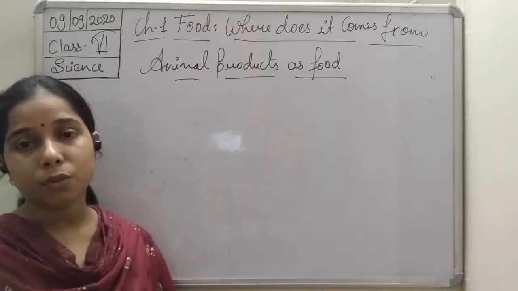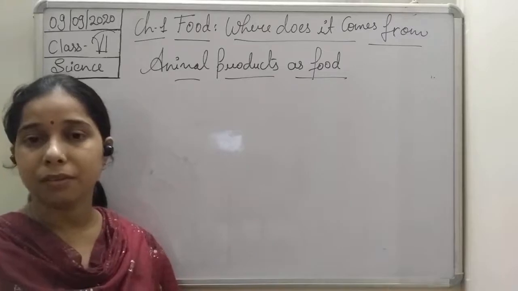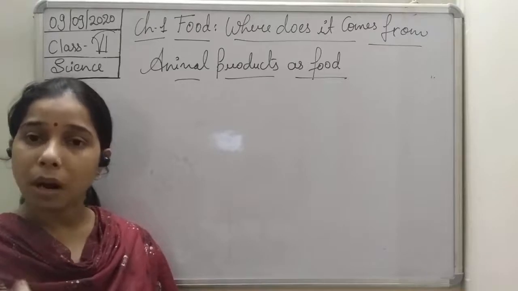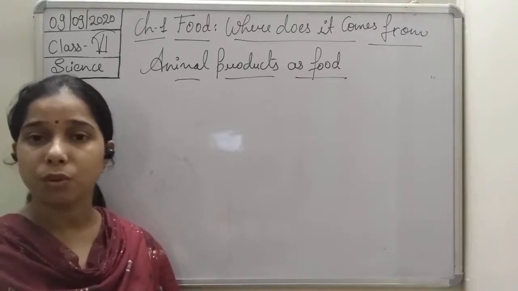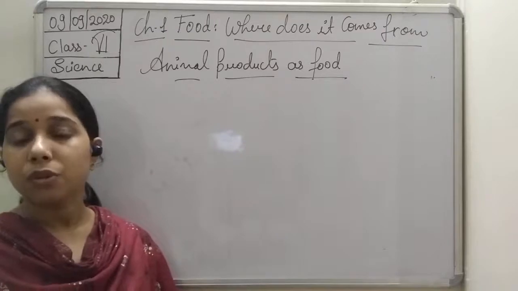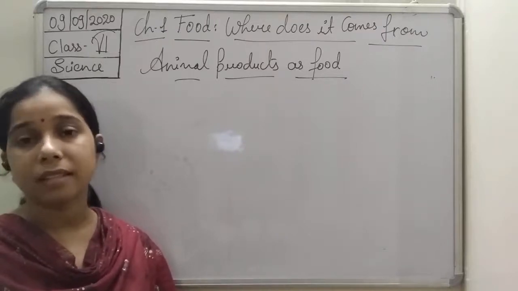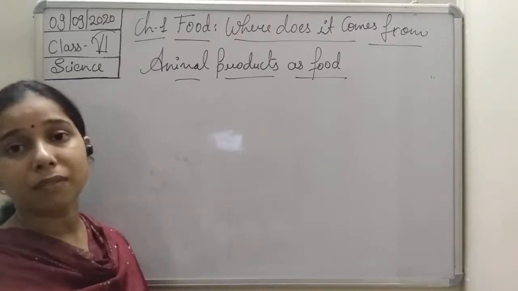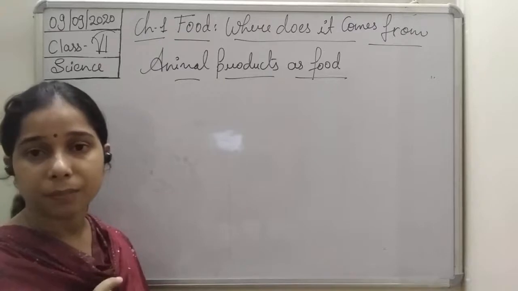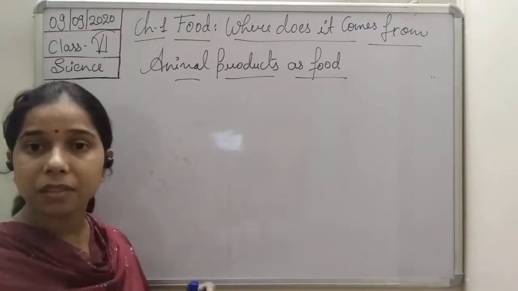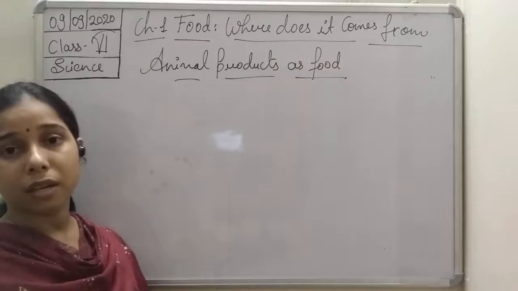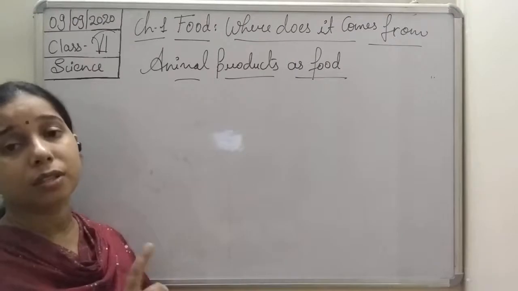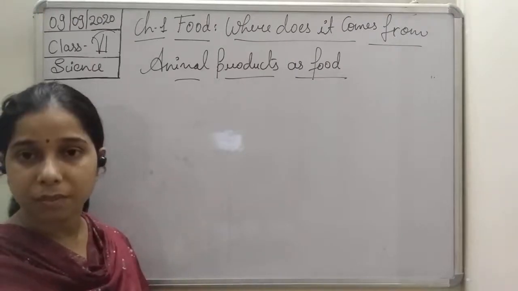Then, students, we keep it aside. The next day when you see, you will find a white structure coming out from the seeds. This white structure proves that the seeds germinate. So the germination of the seed is confirmed by the white structure coming out from it. That seed is known as the sprouted seed, and the process in which we have converted the dry seeds into sprouts is known as sprouting.